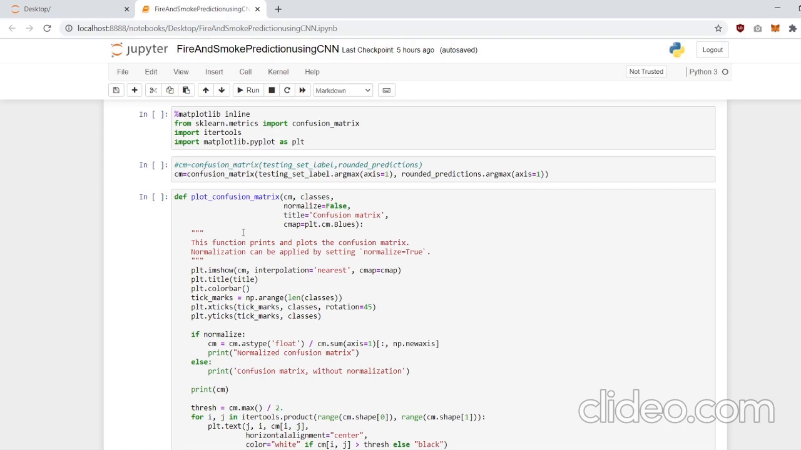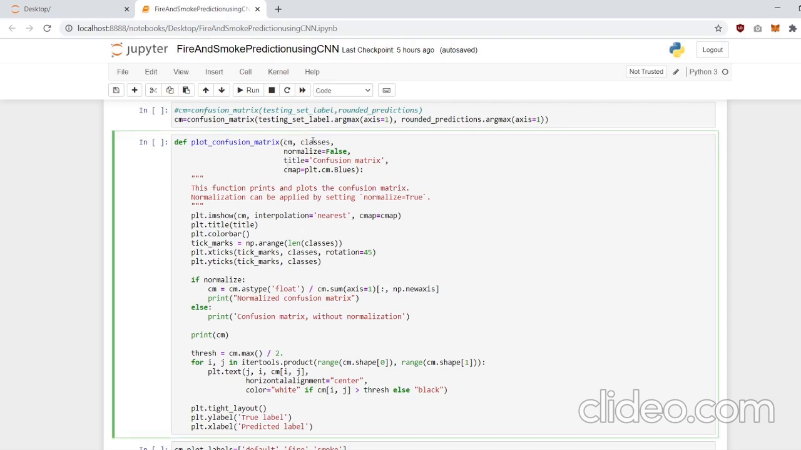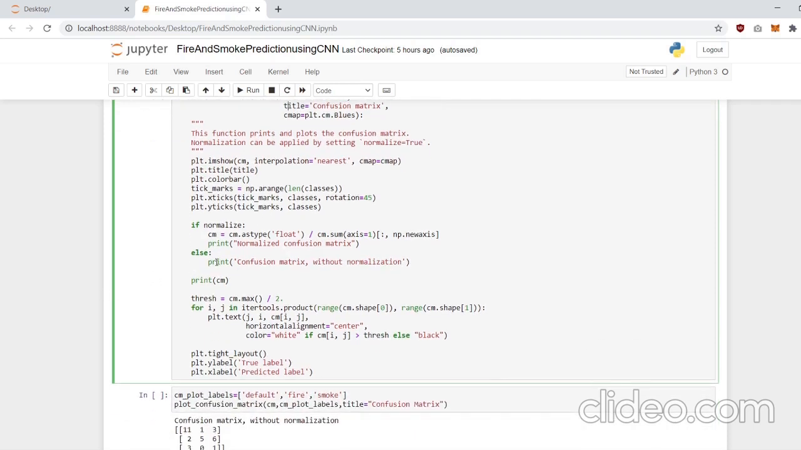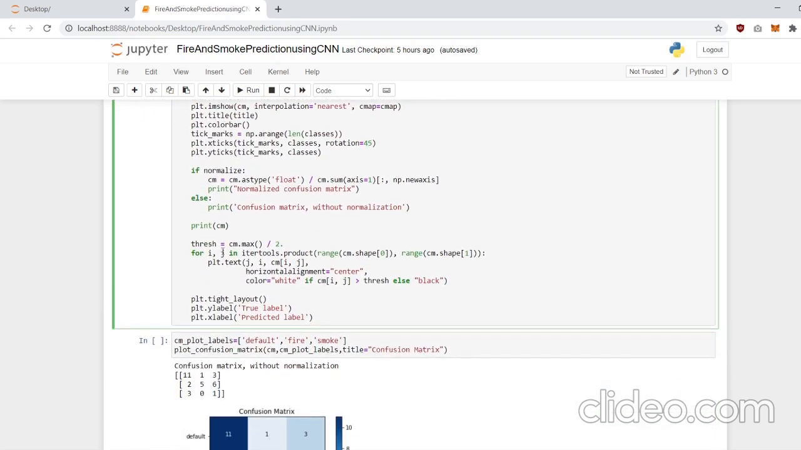And this plot confusion matrix is the standard confusion matrix plotting function present on the sklearn website. So it basically takes the cm object and the three classes which are present, and cmap is nothing but the color map, so we've chosen the blue color map to plot the confusion matrix, and we've kept the normalize variable to false. And then over here it is just plotting the confusion matrix,